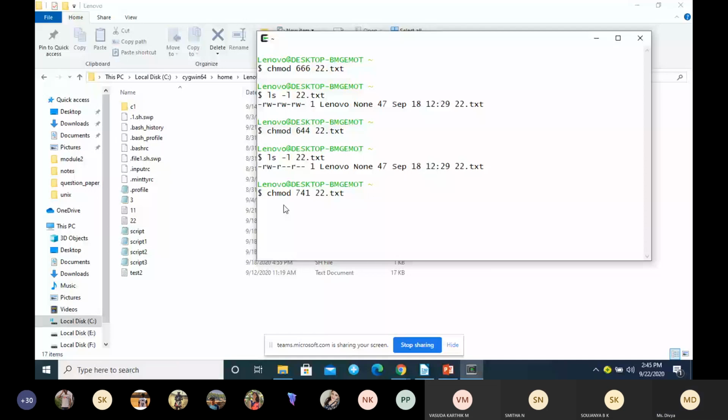Then 1 is execute only. So in the same command line, we can see the output. You see here, 7 is read, write and execute, then read only, and the final one, others, has only execute permission. So this is about absolute permission.